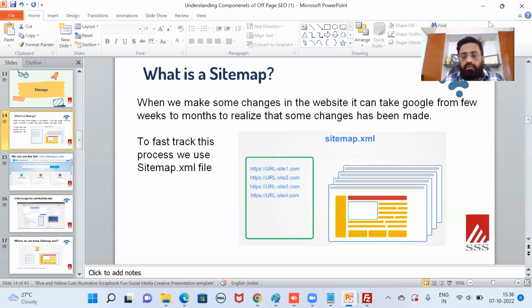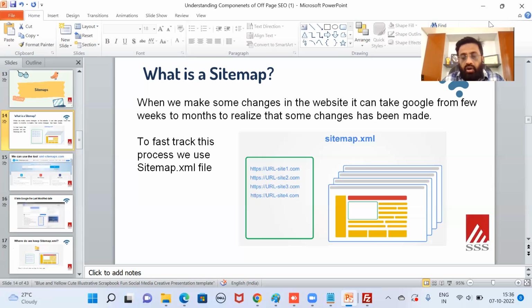And whenever Google crawls a page, it creates its own index and makes a list. It keeps a date of when a particular page was last modified or last crawled by Google. So if we keep a list of files, and whenever there is some modification in our website, that list will provide a lot of information to Google, and Google will not